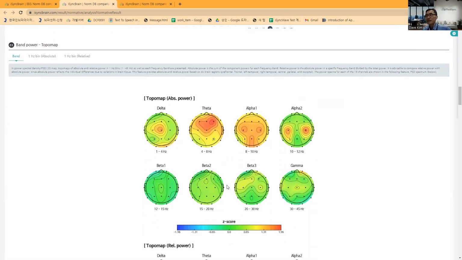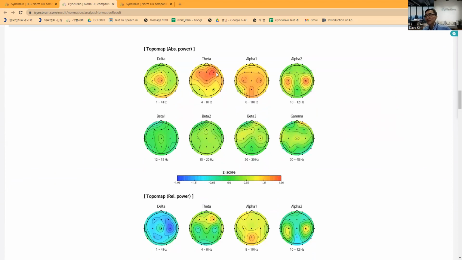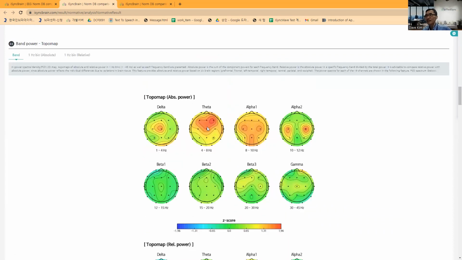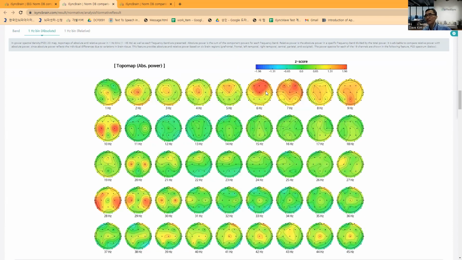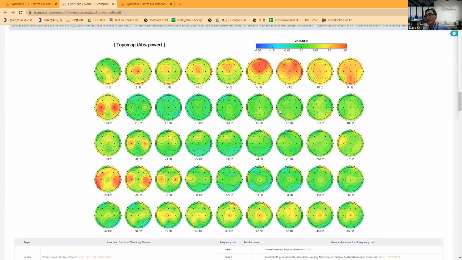And in the frequency band activity, this is the absolute power, and we can see the excessive theta activity, central slow alpha activity and the central mu activity. Usually the mu frequency is slightly larger than the normal alpha peak frequency. In this case, the theta activity is absolutely excessive in the frontal area. You can see this in the 1 hertz spin topo map like this.